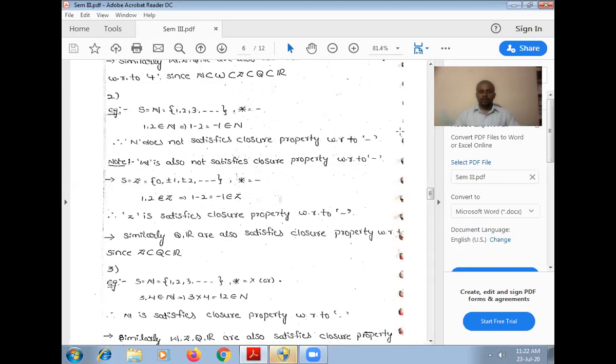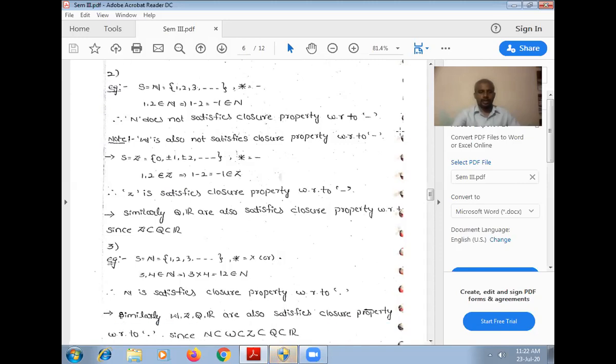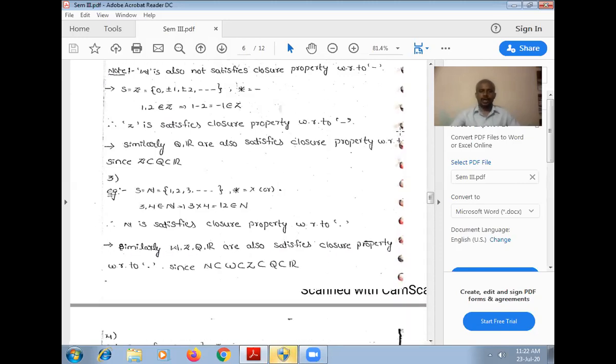Z is a subset of Q and Q is a subset of R. So that's why Q and R also satisfy closure property with respect to minus. So now I am giving another example. Third example. Let's consider S equal to N, where N is the natural number set, S equal to N equal to the set of 1, 2, 3, and so on. Now here I am taking star equal to